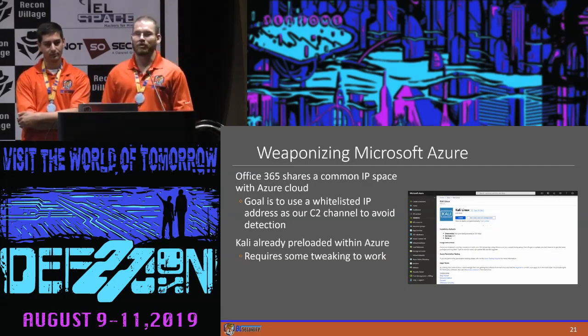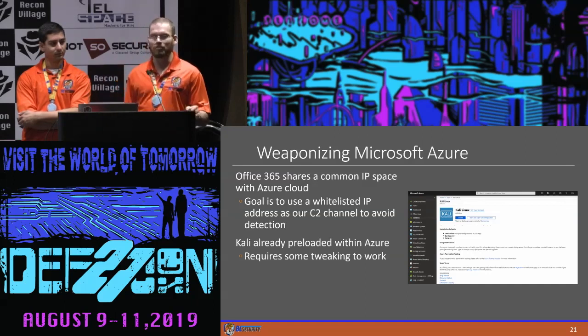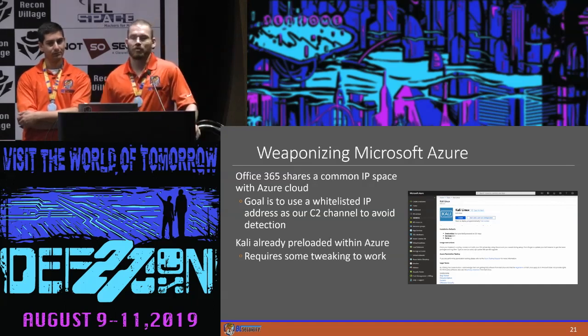Unfortunately, we weren't able to do that. We tried for about a week, getting new IP addresses over and over again to try and get inside there. We got really close, and the IP addresses do shift slightly. That's why the API exists, so that as they update them, organizations can update their whitelists as well. We were hoping that, being really close, our IP space had been contained in there at one point. So we went ahead and used that, and Azure actually already has a Kali image uploaded there.